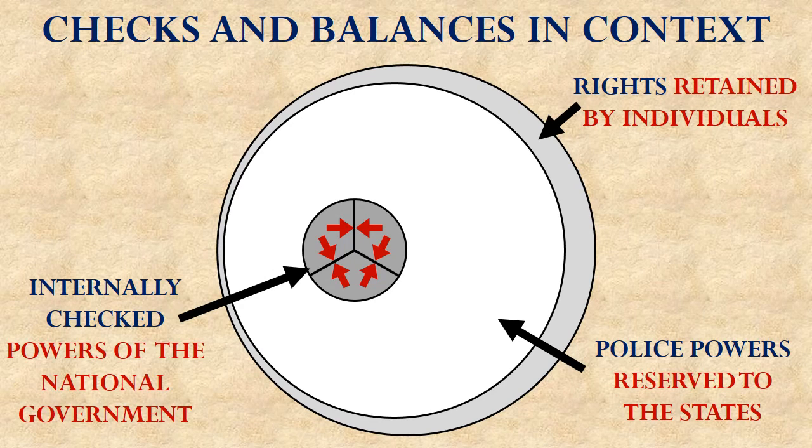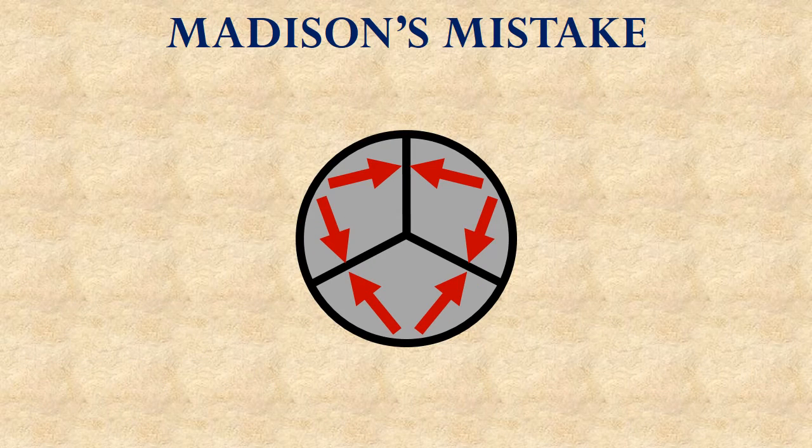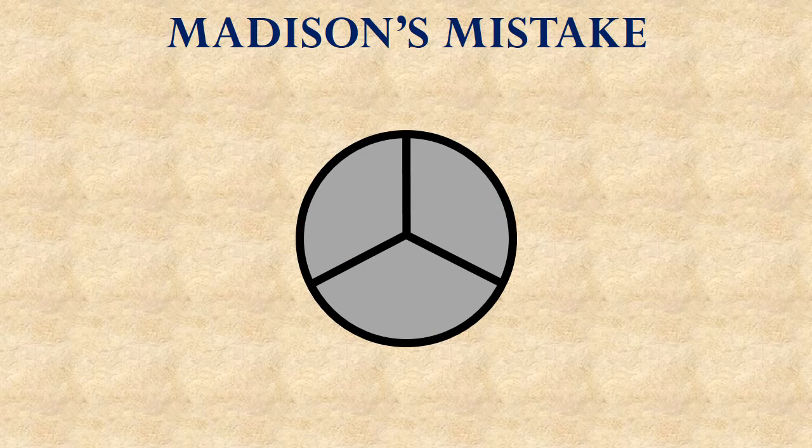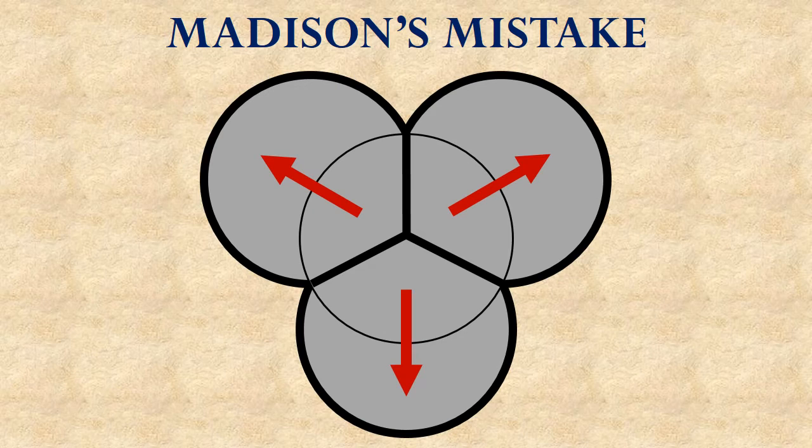So what we have here can then be seen in our diagram. While Madison thought that the branches of government would internally check each other, and we can take that circle that represented the national government and now expand it out to take a closer look at it, while he thought that they would internally check each other, Brutus thought that they would not, that they would cooperate instead. And what would they cooperate to do? They would cooperate to expand their power outward, away from each other. They wouldn't worry about interfering with each other because instead they could cooperate to gobble up power elsewhere.